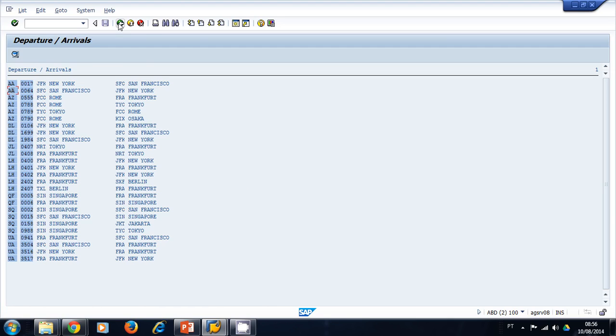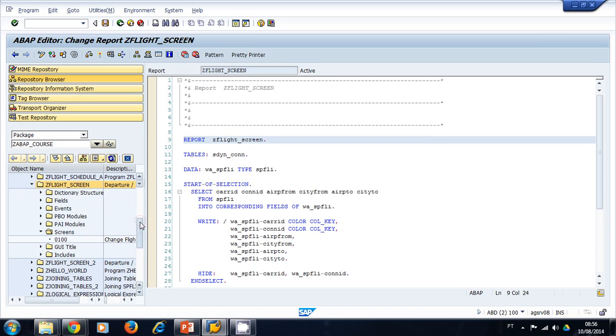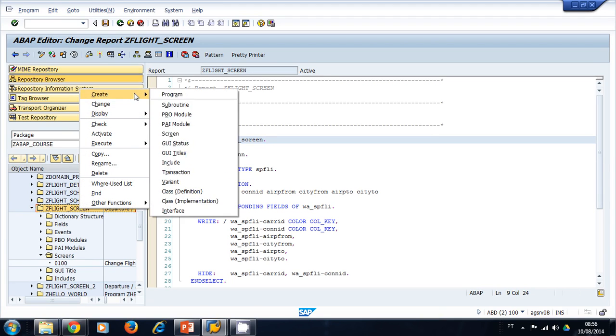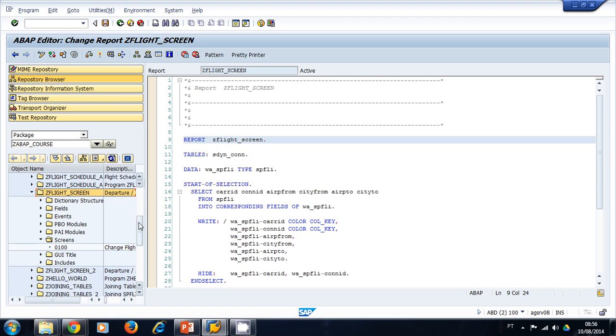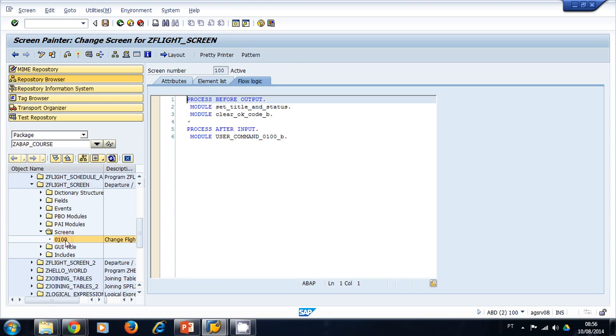So we go back, and now remember we have two ways to create it: by forward navigation or by right clicking on our program and then selecting Create GUI status. I always prefer creating by forward navigation because first I place my code where I know it needs to be. So I'm going to double click my screen because I'm going to create